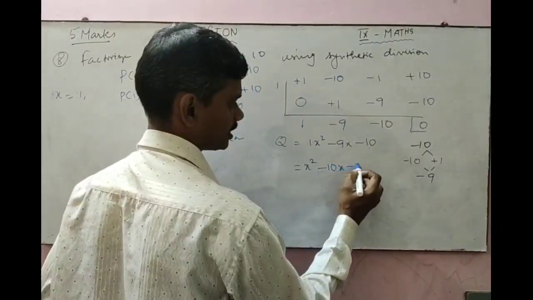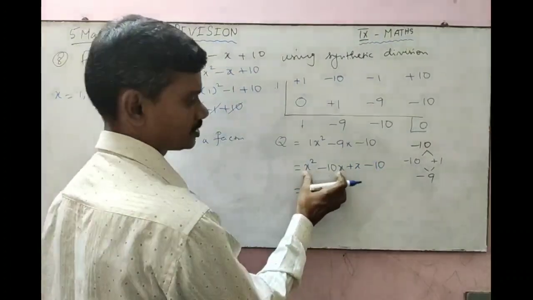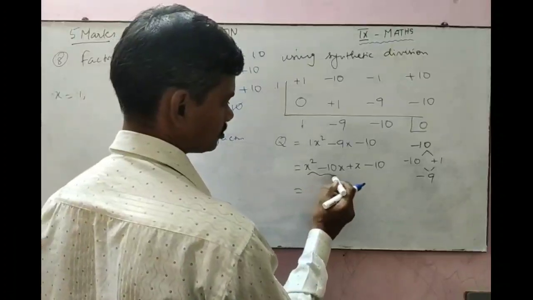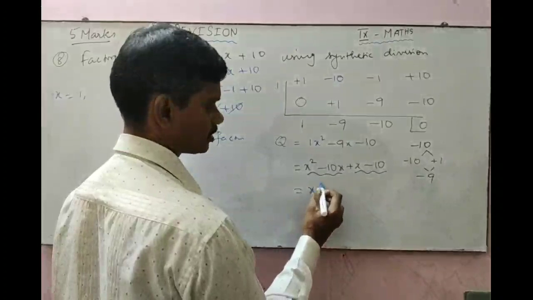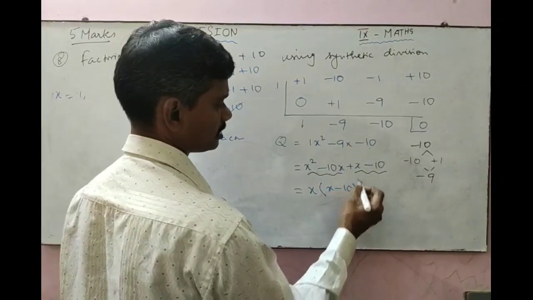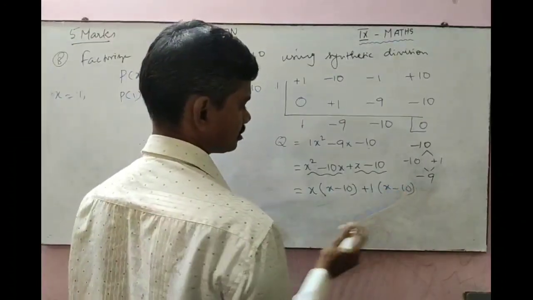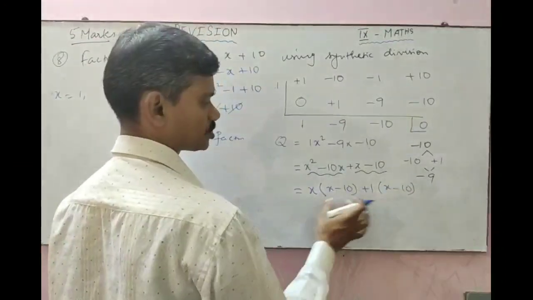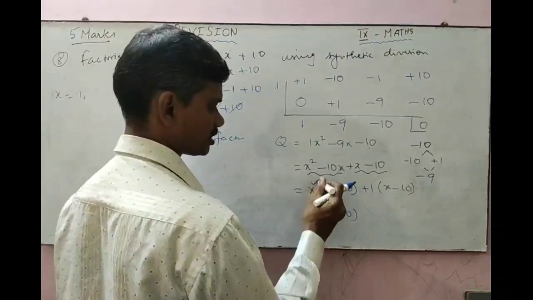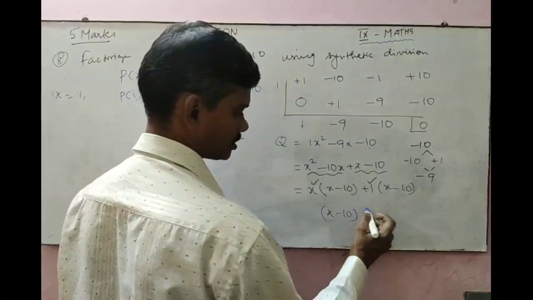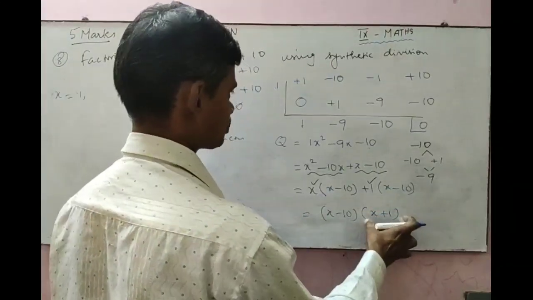Now I am going to factorize this by splitting that middle term into two different terms, minus 10x plus x minus 10. And then what are the common terms between these two? Combine the first two terms and the last two terms. In these, take x as common, you will get x minus 10. Like that in these two, take plus 1 as common, you will get x minus 10. Again x minus 10 is common in these two terms. If you take x minus 10 as common, the remaining x and plus 1 becomes the next term, x plus 1. x minus 10 into x plus 1.